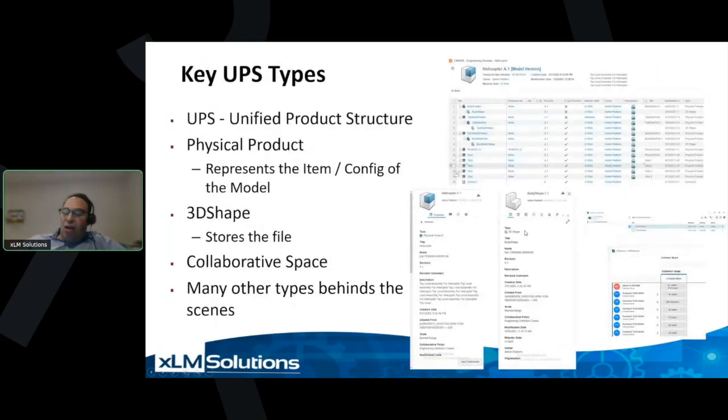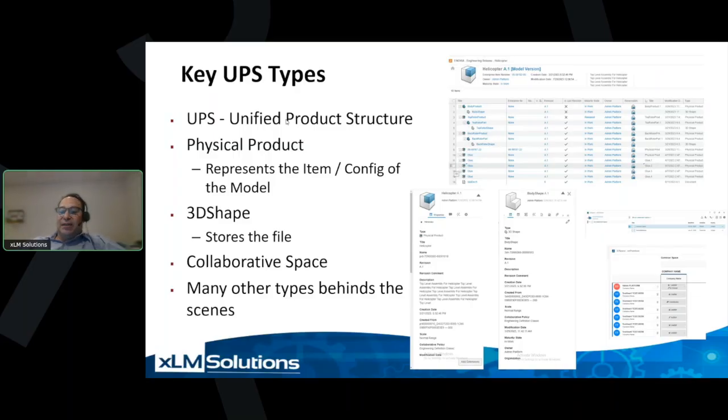So let's just talk about UPS, Unified Product Structure. This is going to be a very quick primer on the data model within 3DEXPERIENCE, specifically around SOLIDWORKS data. But the data structure stands for Unified Product Structure, UPS. You'll hear that term a lot. You may also hear the term powered by, which was sort of a code name for the Unified Product Structure, UPS. It's called the Unified Product Structure because there's one tree or one structure that represents both the CAD and